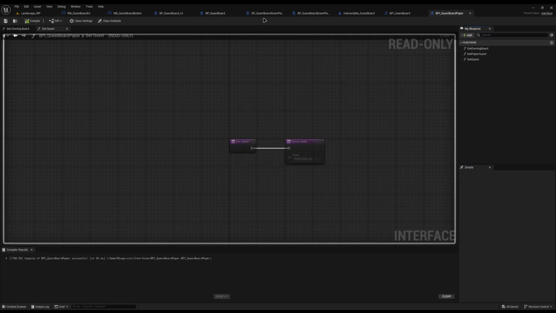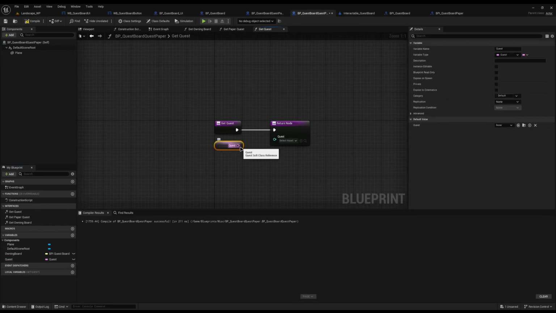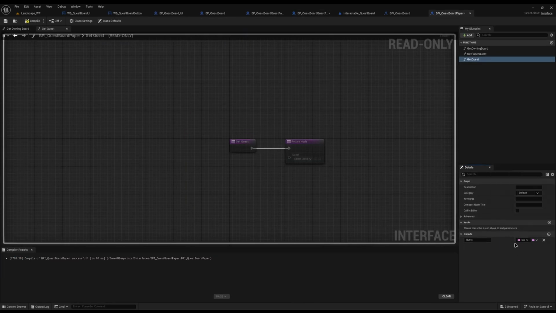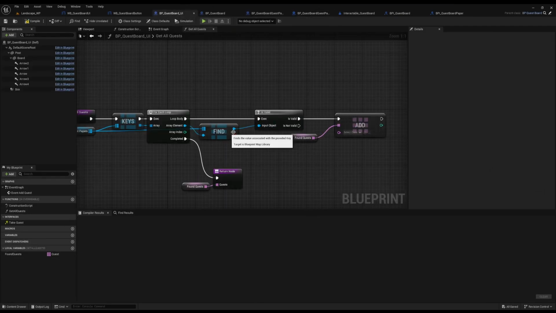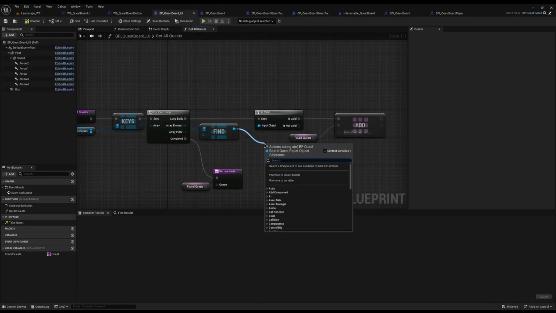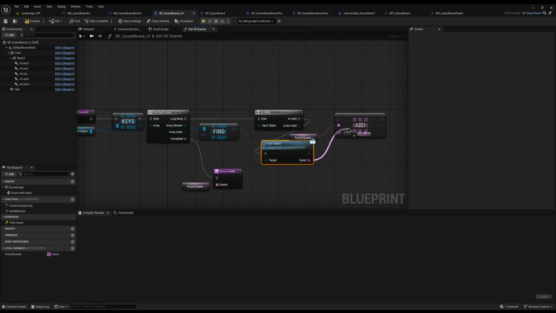And now when we go back to our basic quest board here, we can override the get quest where we simply return quest. I'm going to make sure I set it to a soft class reference, compile and save, and I can now simply return it. And now with this done, we can come back to our quest board UI, and we can drag off of this and simply call the interface of get quest, which you will see there, get quest board paper, get quest as the message, plug it into the is valid